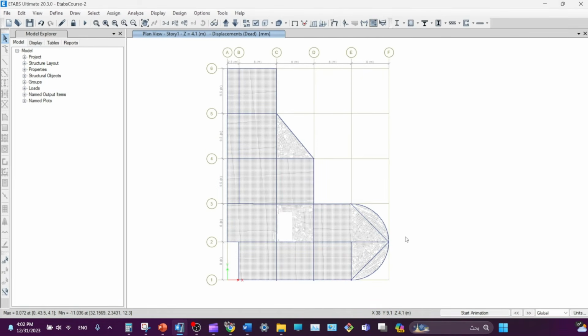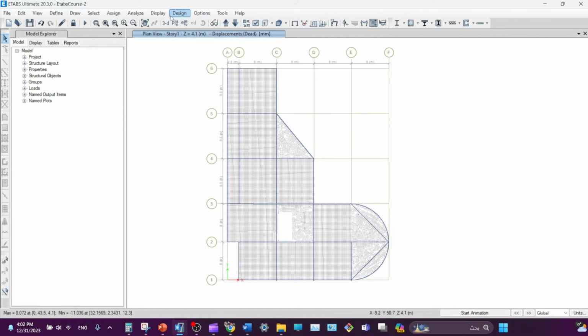In this lecture, we will do the equilibrium check, which means summation of Fx equals 0, summation of Fy equals 0, summation of Fz equals 0. And we will do this for base reactions for the gravity, so it will be in the z direction. So we will see summation of Fz, which means the structural loads of dead load, super dead, wall, and live load, equals 0, which means